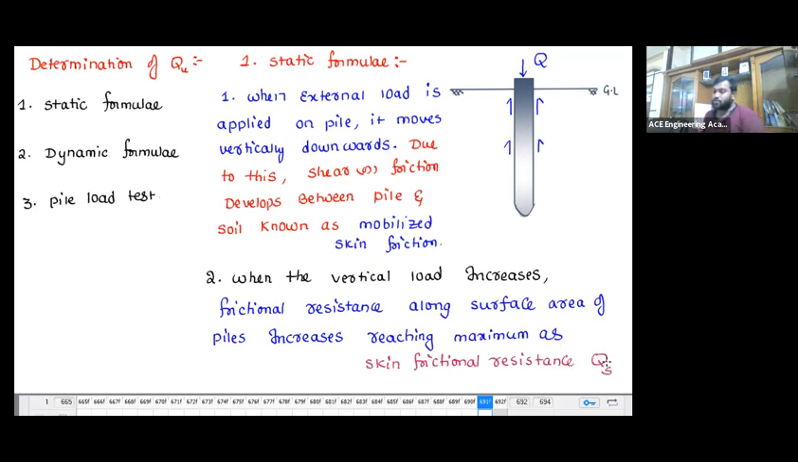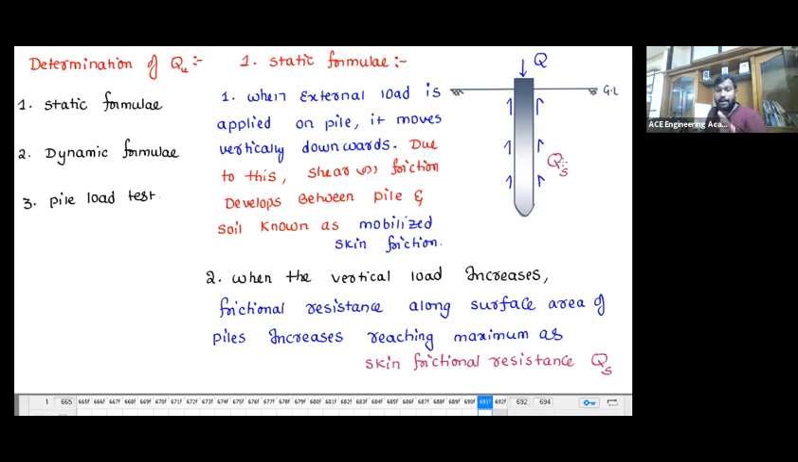QS. Okay. So point number 1 and 2, you please observe. When an external load is developed, it moves vertically downward. Due to this, shear or friction develops between the pile and the soil. That is nothing but mobilized friction. And as you increase the vertical load slowly along the entire surface area of the pile, the skin friction increases and increases and becomes maximum, known as